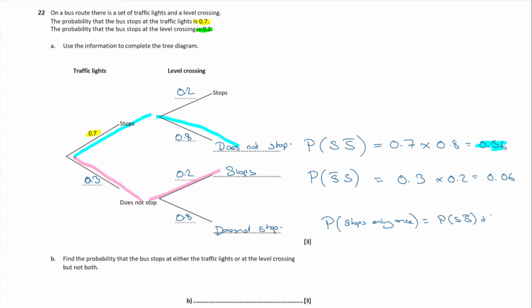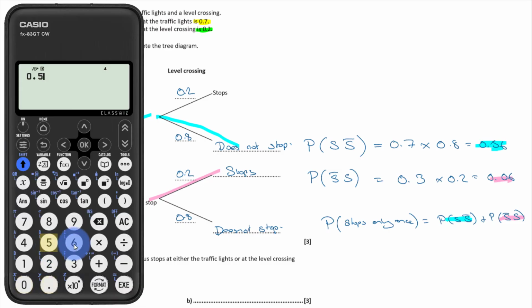It's going to be probability of stop not stop plus the probability of not stop stop, which is the pink one. So pink route plus blue route, and that comes to 0.56 plus 0.06, that comes to 0.62 then,